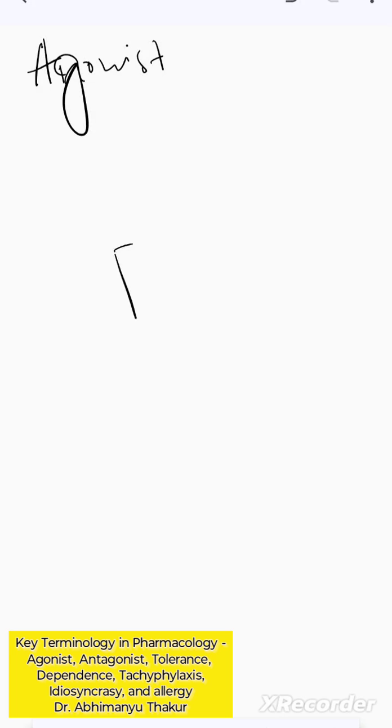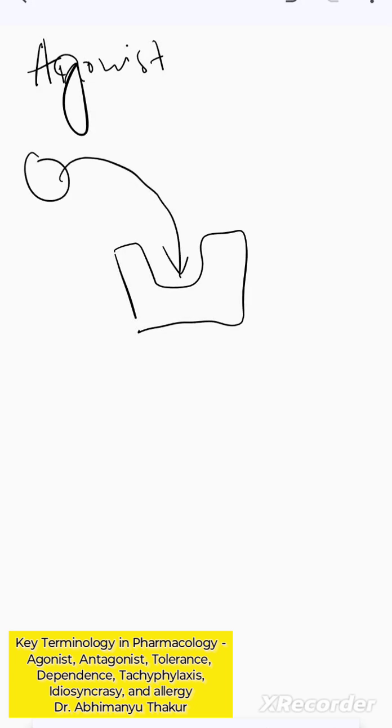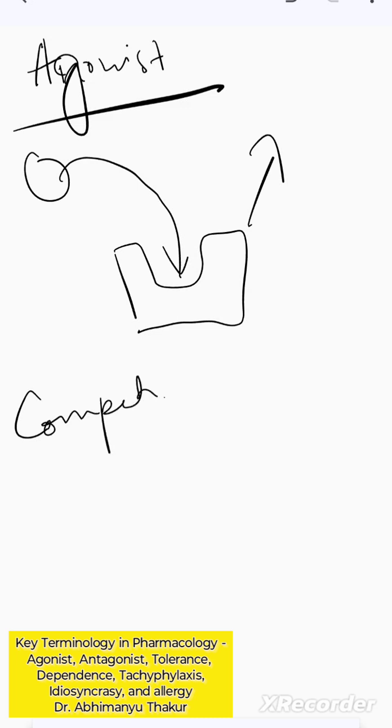So these are those drugs. Suppose this is a receptor and this is a drug. After binding to this receptor, it will give you a positive response, and that is called an agonist. Then there is another term, that is competitive